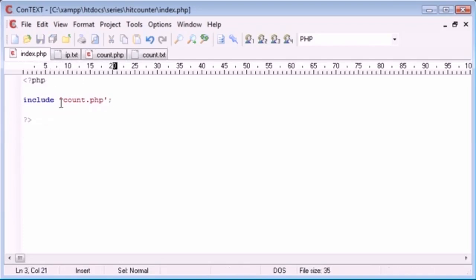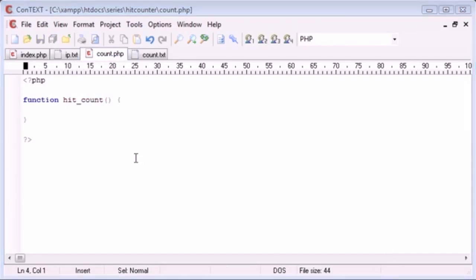So we can include it, but then we can use it, say inside an if statement, or say if a particular user is using the Chrome web browser, then we can count. So there's a variety of ways, a variety of benefits of using a function. So let's just call this function for now,